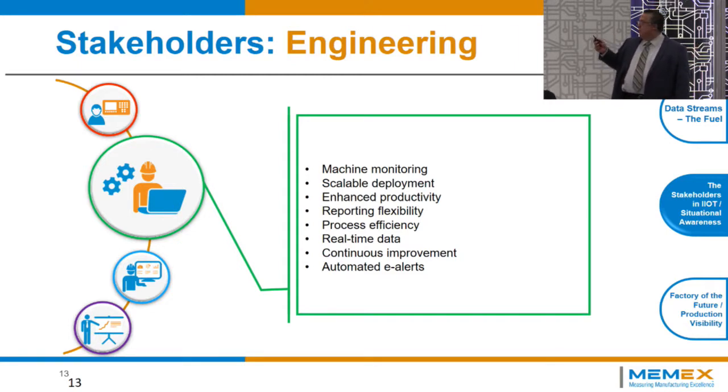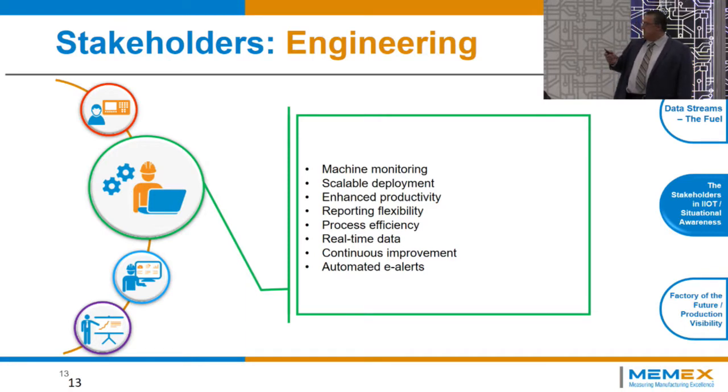What does engineering care about? Well, they care about scalable deployment, enhanced productivity, and process efficiency. They want to know that when they constructed a part in Vericut, as an example, or Mastercam, and it said that part takes, I don't know, just pick a number, 8 hours to run, whether it ran in 8 hours or not. Did it run in 8 hours? Did it run in 12 hours? So they can concentrate their program improvement efforts in the right spot.